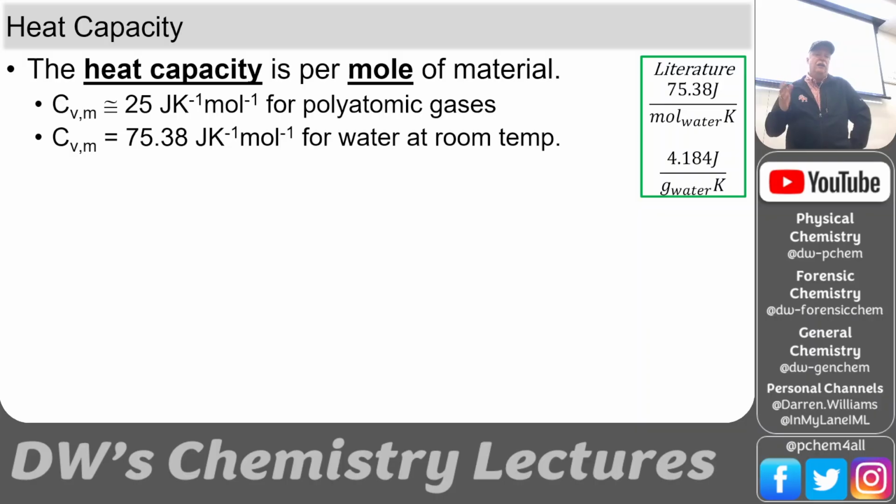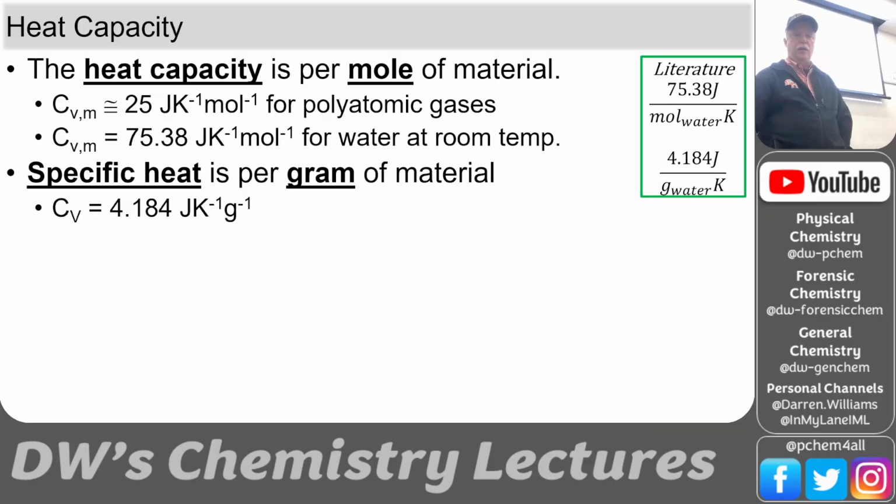And so we've done a lot of this with the CV, the heat capacity at constant volume. Here we have it for water, polyatomic gases, and so on. Notice that liquid water is quite a bit higher than polyatomic gases. It's 3 times higher. The way I kind of see this is, for the gas, for water, we have the translational motions. That's 3 halves R. And then we have the rotational motions. Since it's nonlinear, there's 3 of those, 3 halves R. So we get 3 R for the translational and rotational motion. And that's roughly 25. 3 times 8 is 24 and some change.